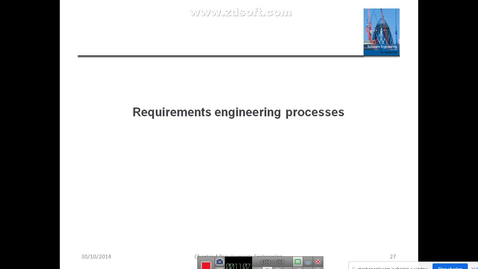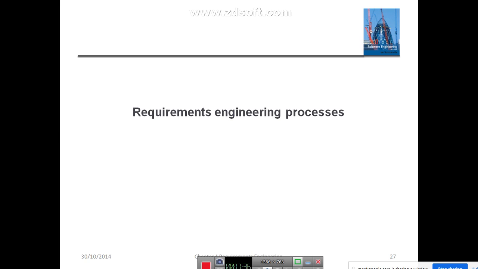Then after that we have started with the requirement engineering process. In detail, we are going to study what sub stages are there in the requirement engineering process. As I already told, the requirement engineering process is nothing but a system specification. That means here you are going to define what your system should do, along with the constraints on its operation. Yes or no? That is the work of the requirement engineering process.